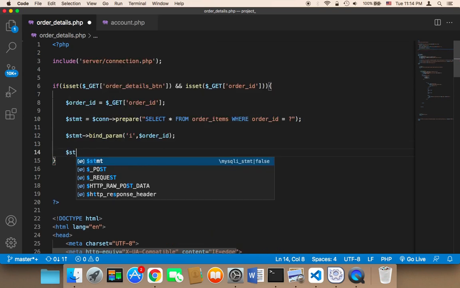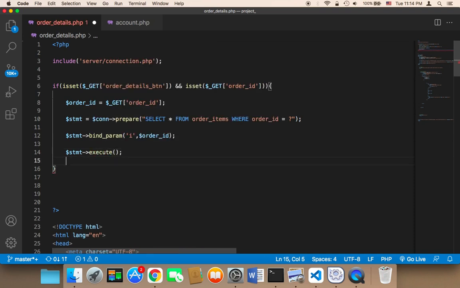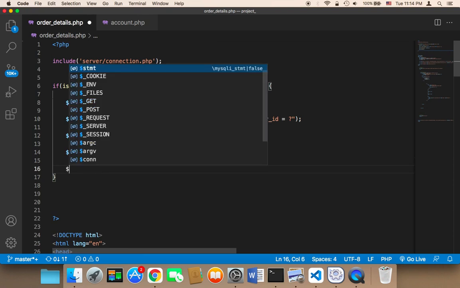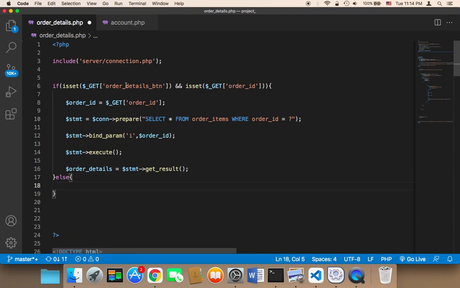And we just need to execute. We need to say stmt execute, and lastly we need to say statement get_result, and then we can store the result in a variable called order_details. So order_details is going to be equal to this. Else, if we don't have these things, if the order details button or the order ID are not found